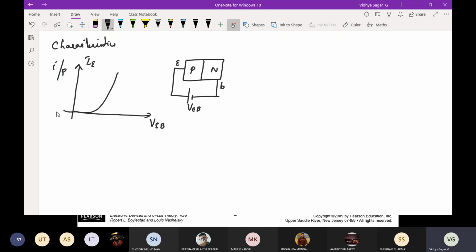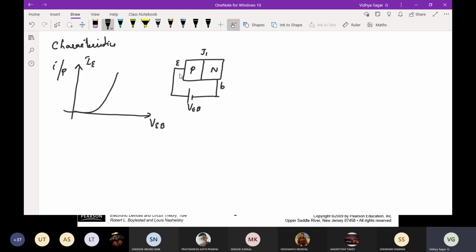So I'm talking about the input characteristics. Kindly look into what the input characteristics in the device are. In the device, it is contributed with respect to your junction J1. So for junction J1, it is nothing but a PN junction diode. You know the characteristics of a PN junction diode. Then how do you explain it is linearly increasing and then constant again after some time? Is that clear, the concept? All of you kindly respond. Yes, sir.